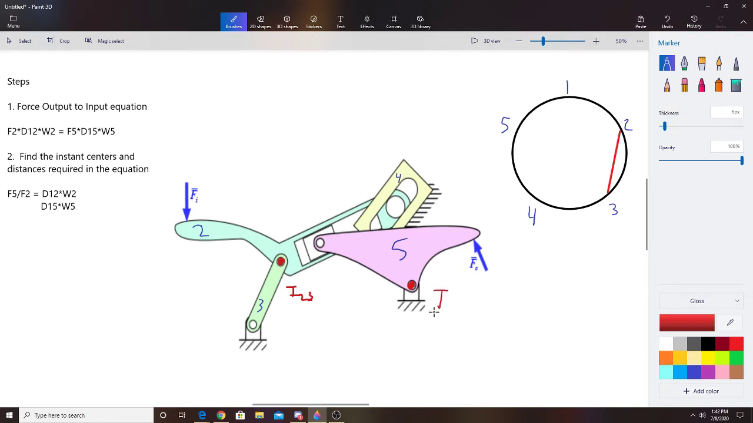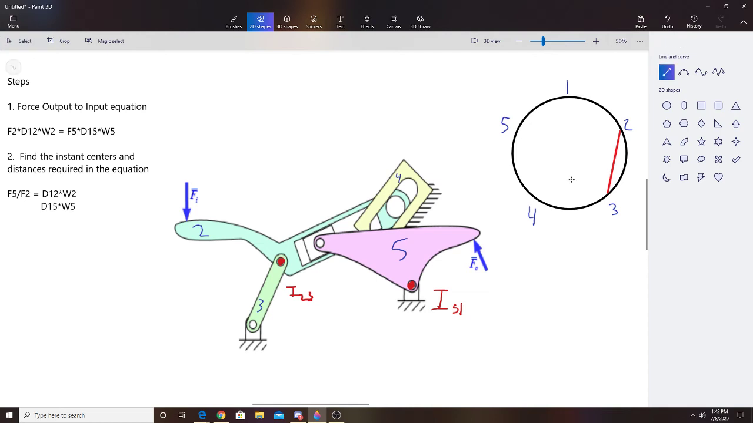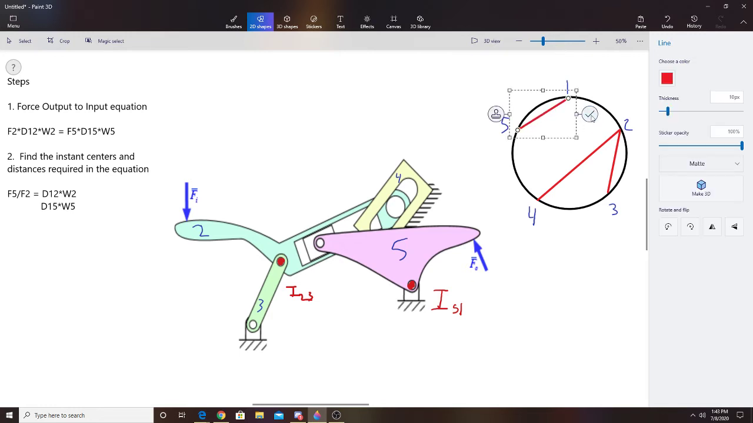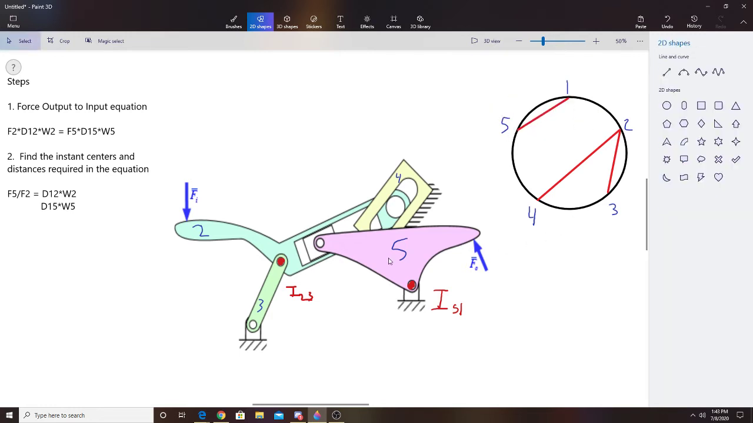I51, so I will draw that one. I42 we have found, so 4-2 is right here. 5-1 right here. 3-5 we don't have. 2-5 we have because 2-5 is inside of here, right? So